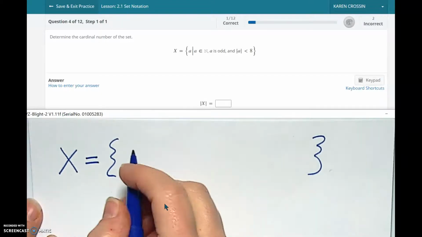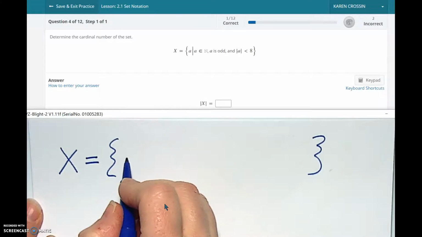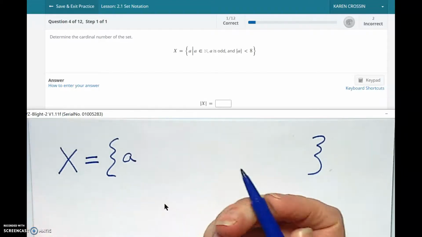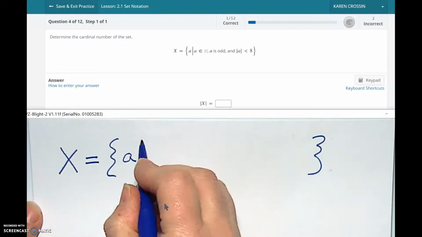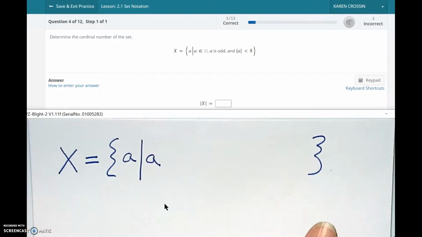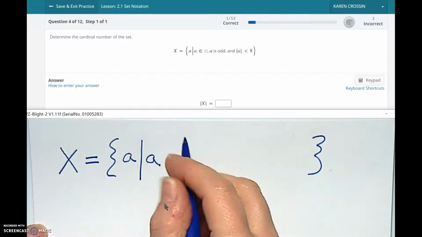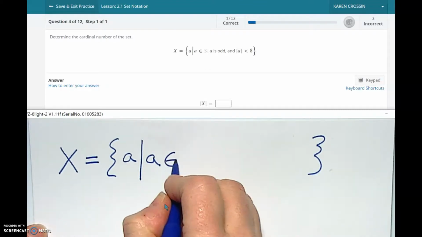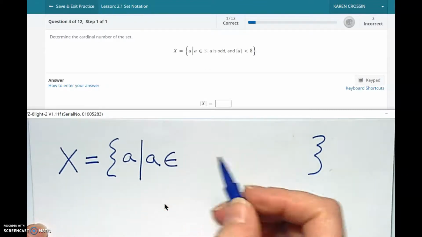And then this says of elements, such that those elements, represented by any old variable, a lowercase letter, are just variables. So any element A such that A is an element of,